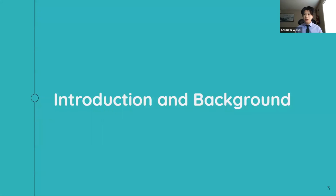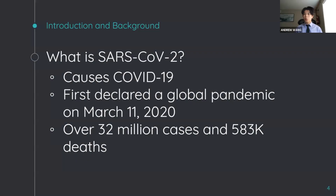Now, before we get started, we'll need to get everyone familiar with what exactly I'm talking about. So what is SARS-CoV-2? SARS-CoV-2 is the effector virus that causes COVID-19. COVID-19 was first declared a global pandemic on March 11th, 2020. And as of May 14th, 2021, or today, there have been over 32 million cases and 583,000 deaths in the